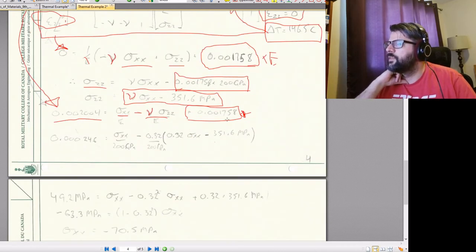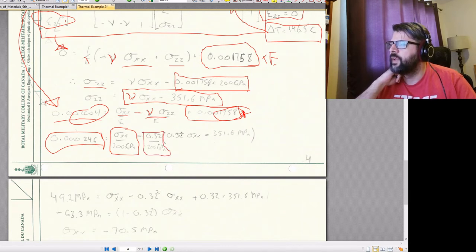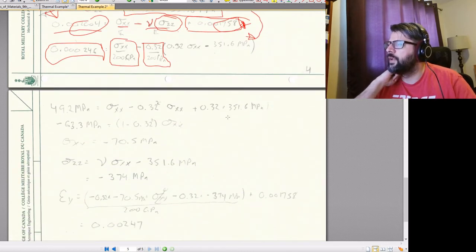So this here minus this here gives us this here, and then just plugging in a few of our numbers. So we got the Poisson's ratio divided by the Young's modulus, and then of course I just took the sigma ZZ and plugged in the equation that we had previously solved for it into here. So that ends up being